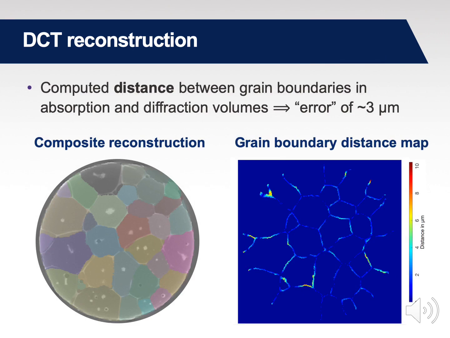And if we now compute the distance between where the copper sits and where DCT detects the grain boundaries, we can determine the error in the position of the grain boundaries with respect to the absorption-based data set. And we see that the error is around 3 micrometers based on this test. I should say that this quick check was done when I first started at Michigan 3 years ago. Of course, the technique has progressed.